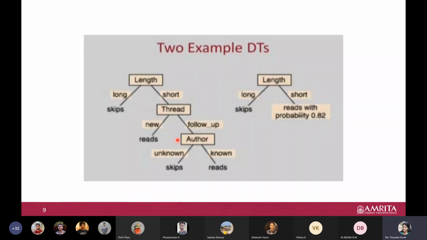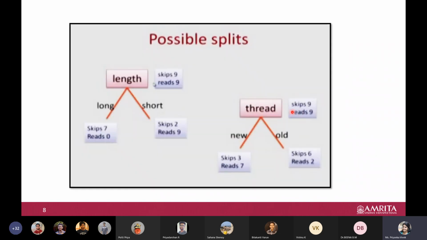That is also possible, because when I am talking about just two attributes, one attribute, it may not make sense. When you have many attributes and a lot of data, and we are not able to stop the growing of the tree, we may have to decide such things also. That is, we may not require that every leaf node should have an exact label. We may have something like this, where we say that 82% of the time you will correctly get the reads class. So that is what happened here.